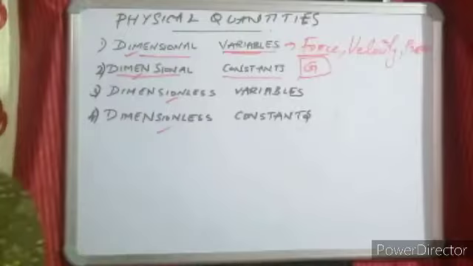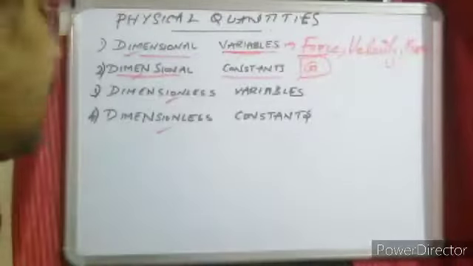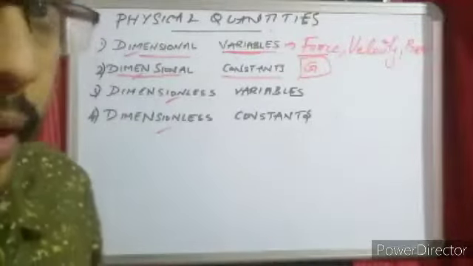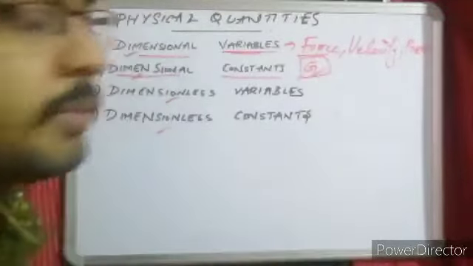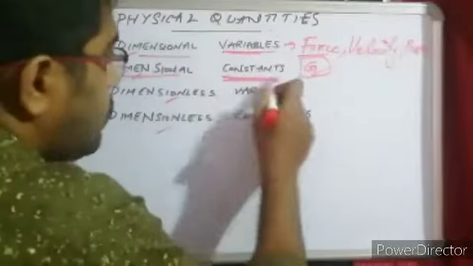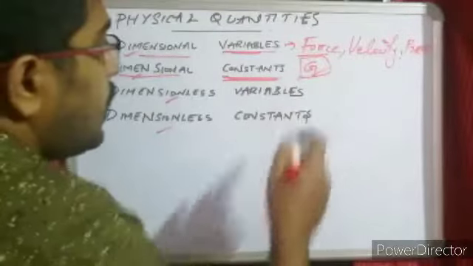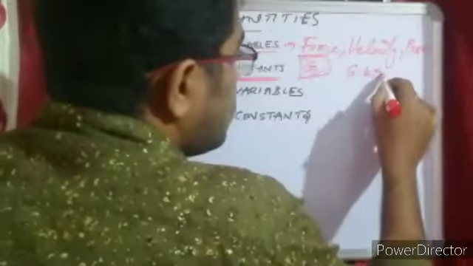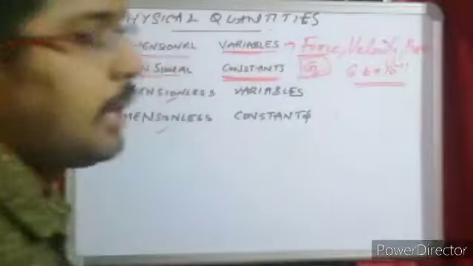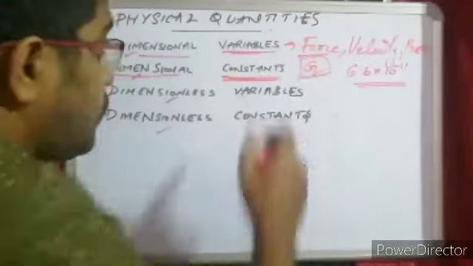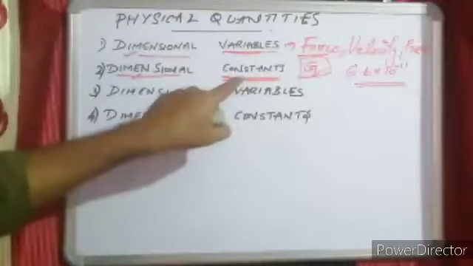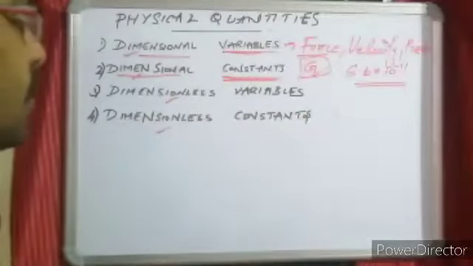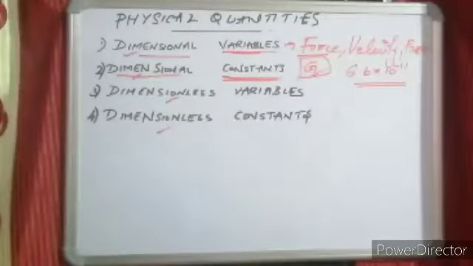So this particular quantity G is going to have a dimension. You know the dimension of the gravitational constant and its value. And you know that this particular value is a constant, right? The value was equal to 6.6 into 10 to the power minus 11. That was your G value. This value remains fixed, so I call it a constant. Its value is not going to vary. So one example is your gravitational constant.